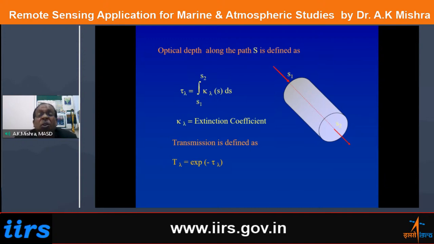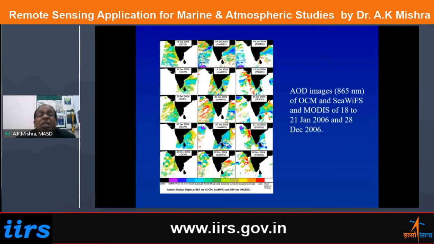So this is the image from OceanSat-1 OCM and MODIS aerosol optical depths, how they are giving the values. Comparison is being carried out, and they are found to be very efficient. So the aerosol optical depth derived from different satellites can be simulated in the models to study the